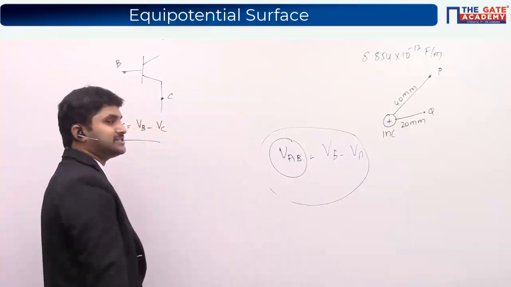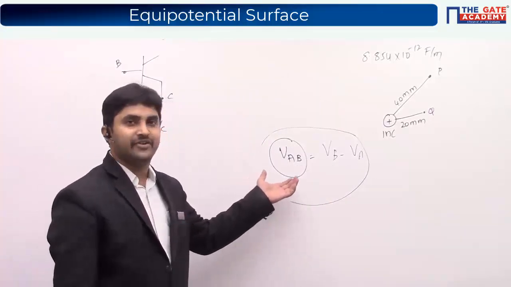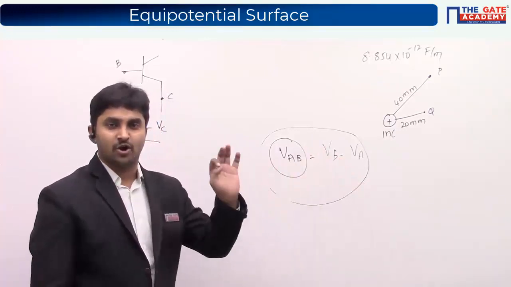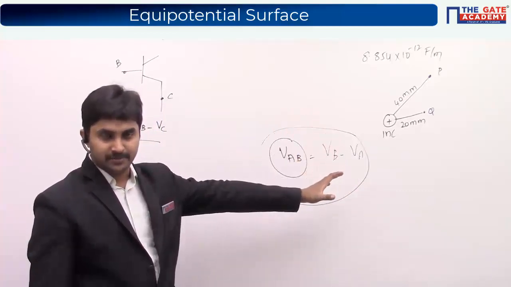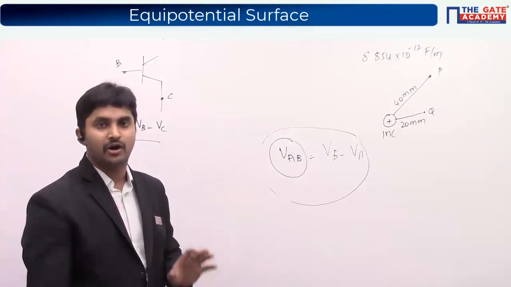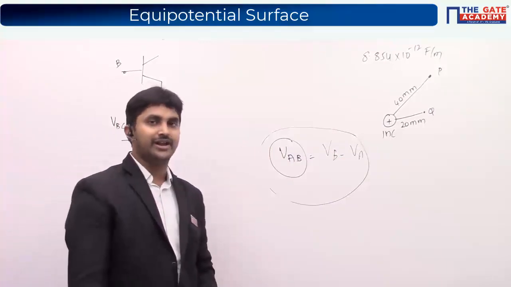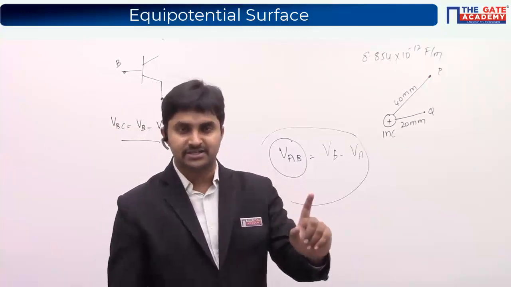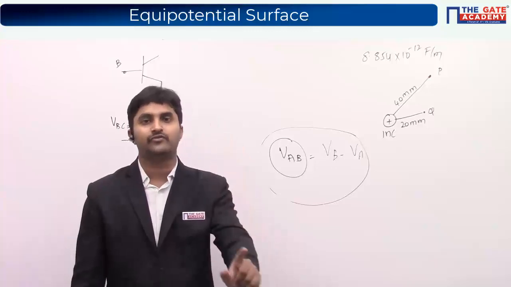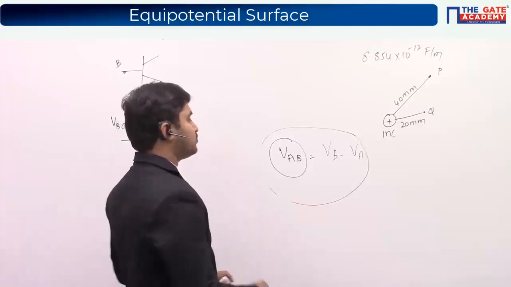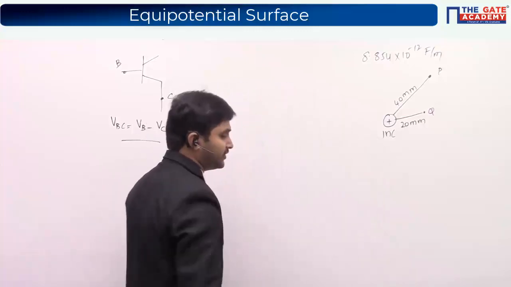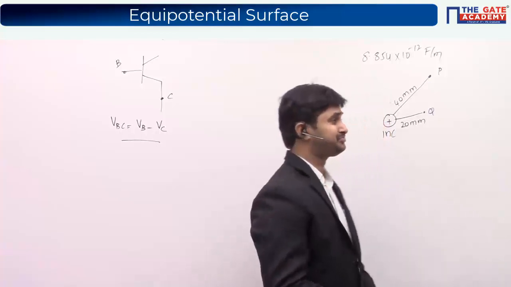So you should not argue, saying, sir, my EMT faculty has told that VAB means VB minus VA, that's why I am following this. It is all dependent upon how the concept is explained and how the questions are framed. Based on that, you have to use your discretion in selecting it. So I am giving you the warning here that whenever the question asks to find the potential difference between point A and point B, we should always go for VA minus VB. This is one point you have to keep in your mind, irrespective of the subject.